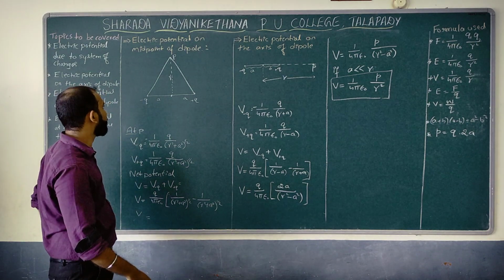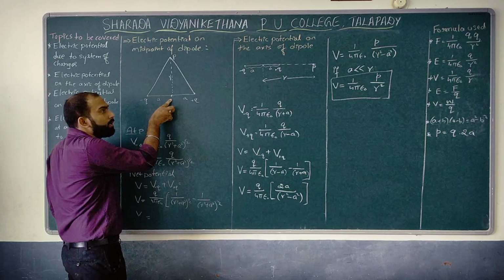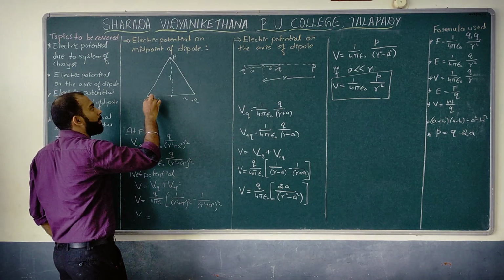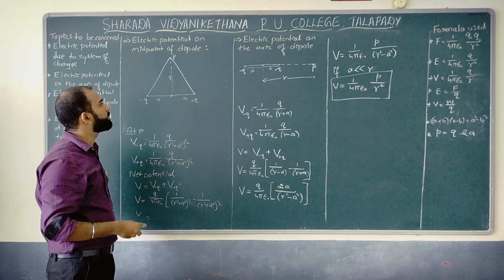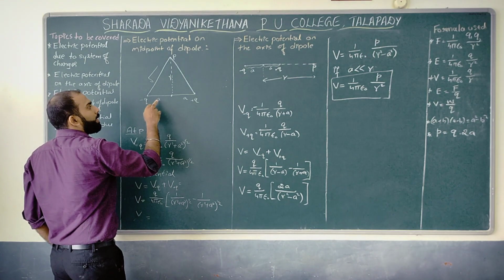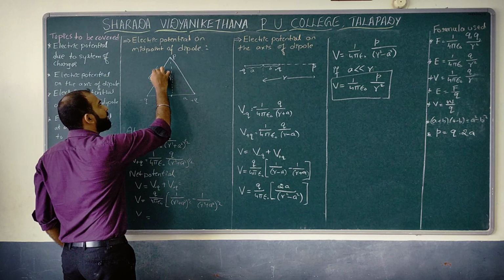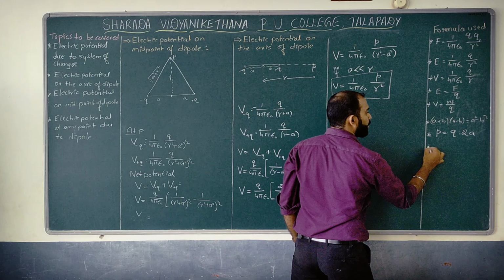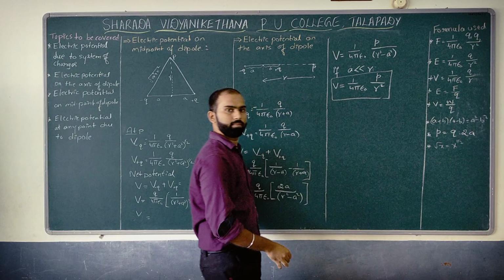So let us discuss this. You have this length A and this length r. How do we get the length from minus Q to P? Use the Pythagoras formula. There you will get this length, which is nothing but the square root of A square plus r square. Are you getting it? Don't you think the square root of x can be taken as x power 1 by 2?